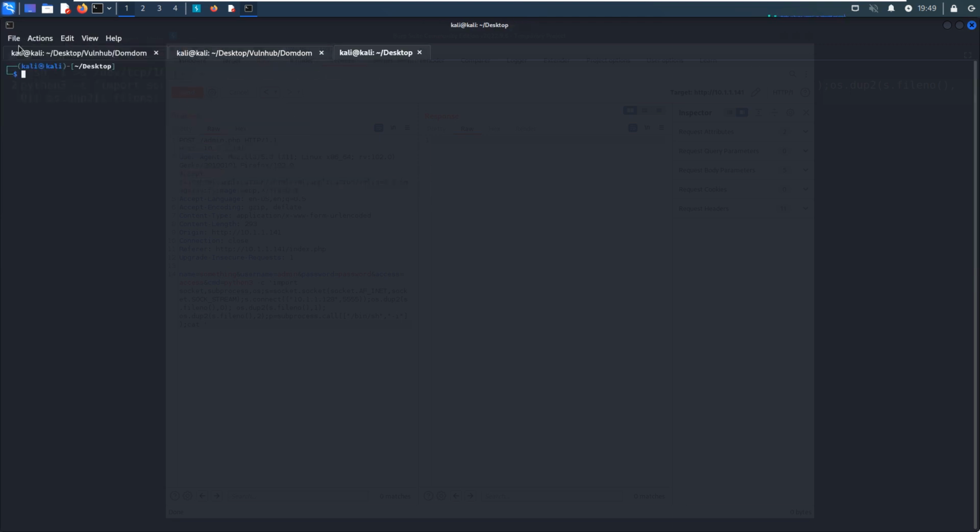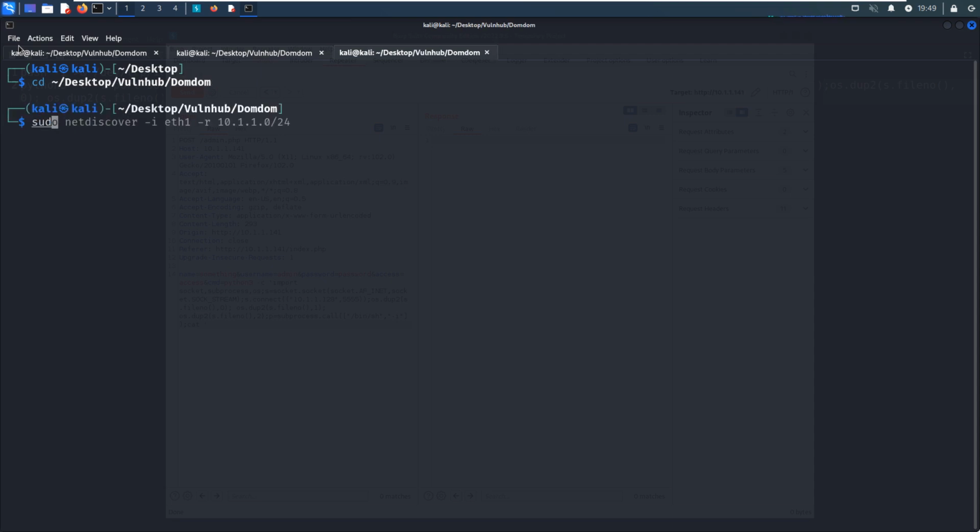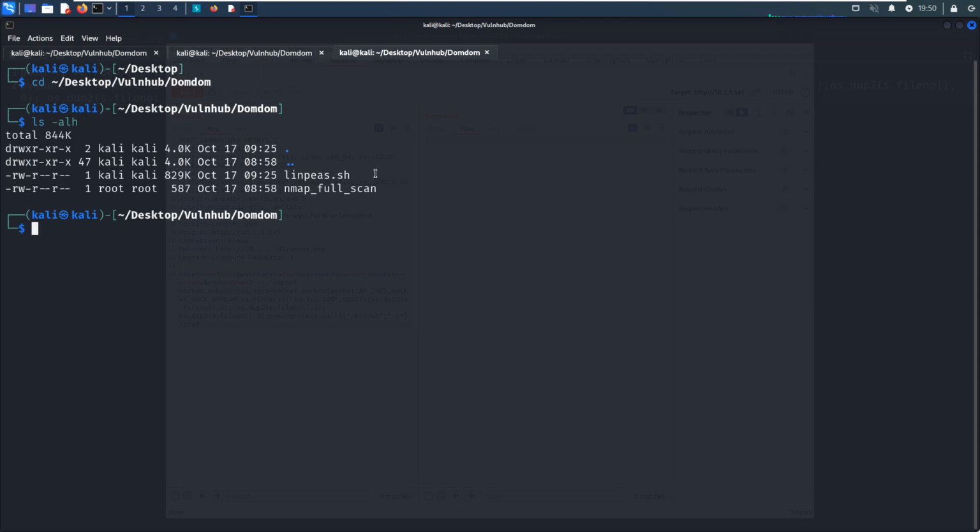I think I've already got this script ready. So next, we need to upload this file to the target. In order to do that, we should set up the web server on the Kali Linux.